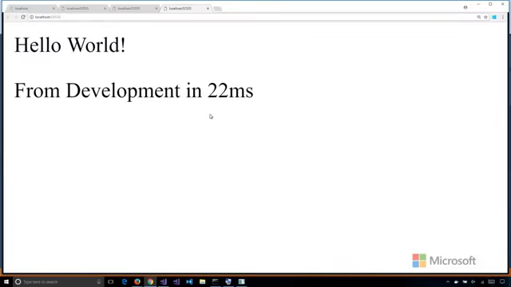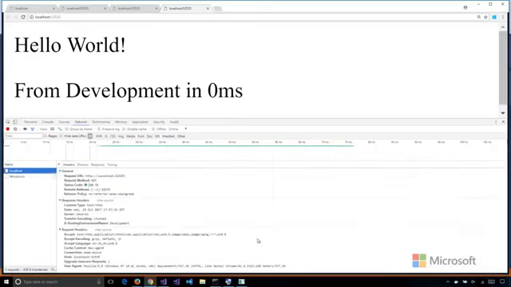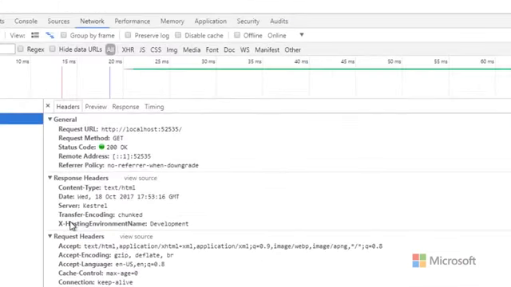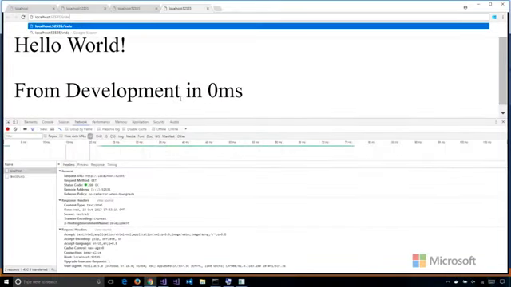And now it says from development in 22 milliseconds. And if I look at my request, header better be there. There's my header, X environment name, development. And it's written out for me, and it's also written into this HTML page. It's also